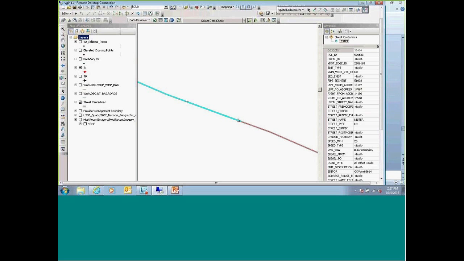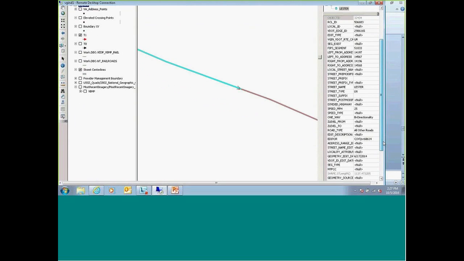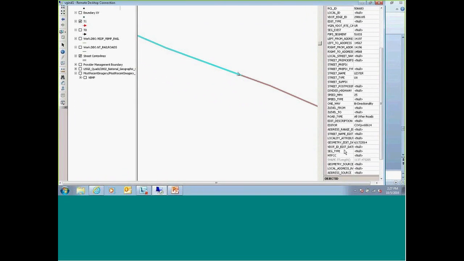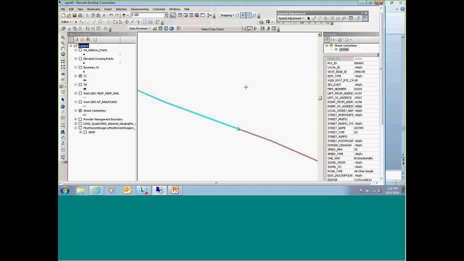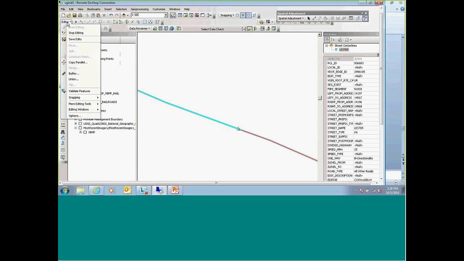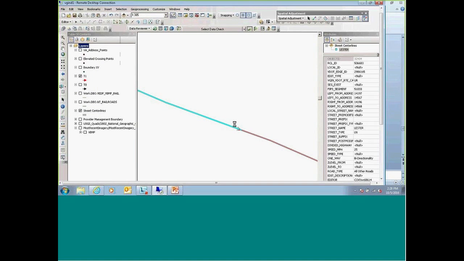Well, good. They did not change any of the address ranges for that, which makes it nice. And then it looks like they did make a geometry change back in 2014. Little things like that you just have to be aware of when you're adding a new segment.